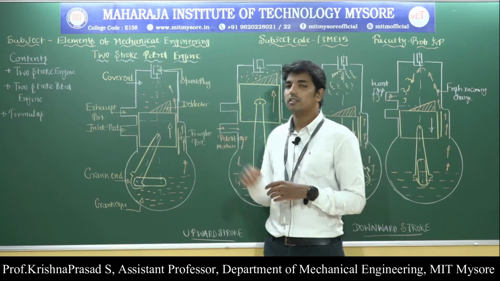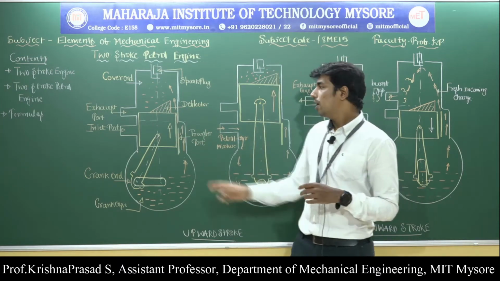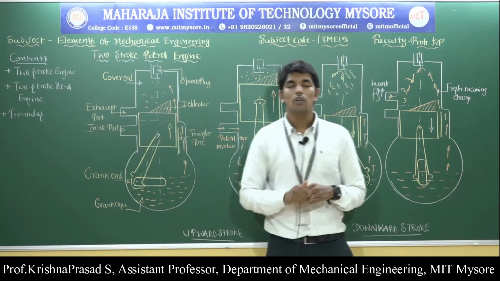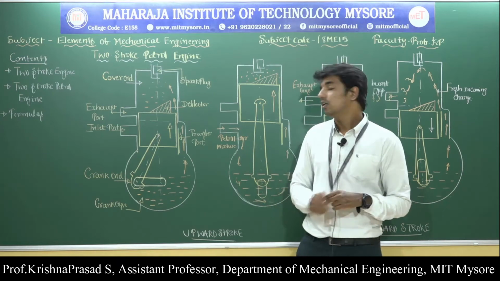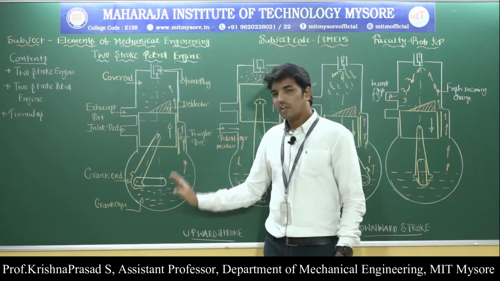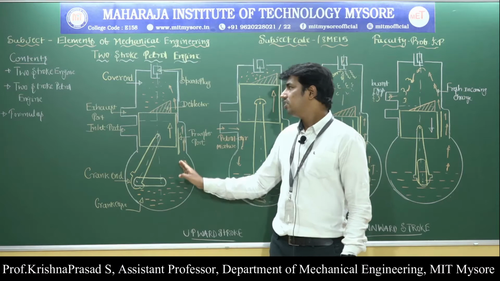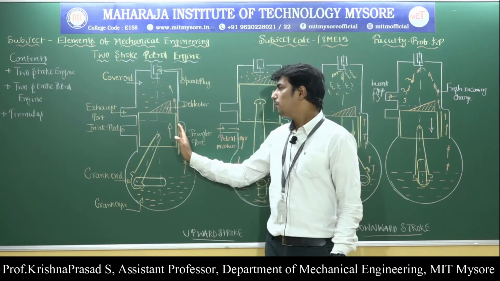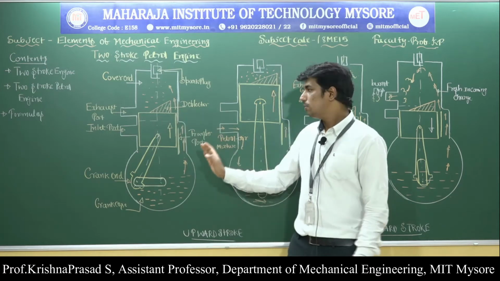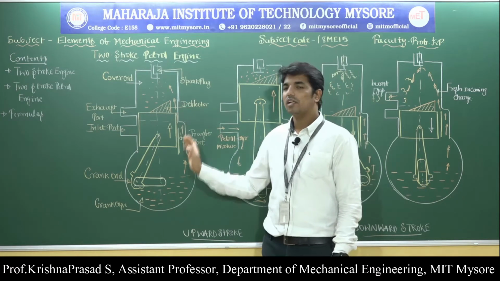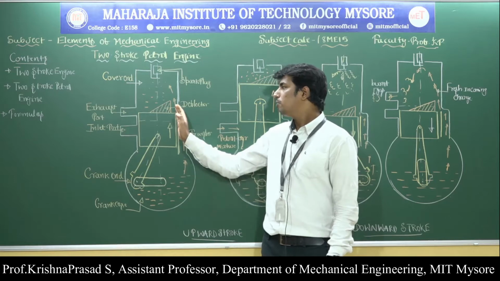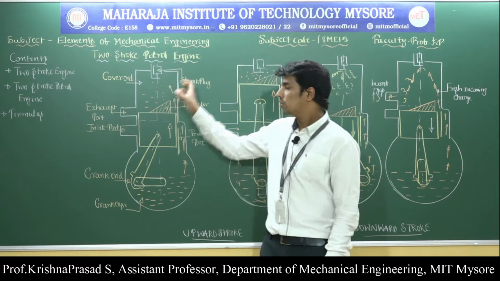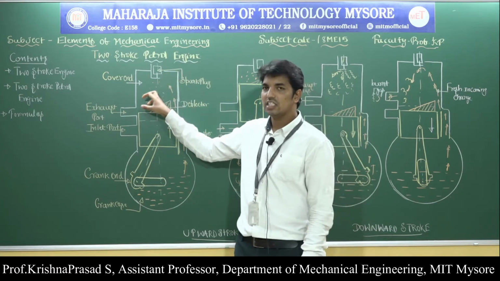It is called the deflector. In the case of the 2-stroke engine, a piston is provided with a projection at its top. It is known as the deflector. What is the main function of the deflector? Whatever fresh incoming charge enters the combustion chamber from the crankcase has to flow through the transfer port as well as the deflector. So this deflector helps to deflect the fresh incoming charge directly to the top end of the cylinder, and this helps to remove whatever burnt gases are present inside the engine cylinder.